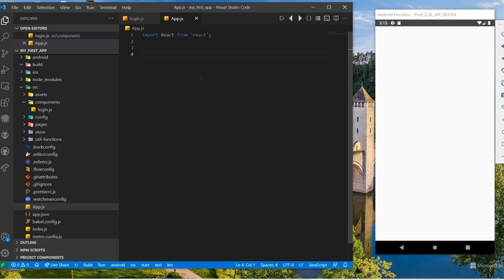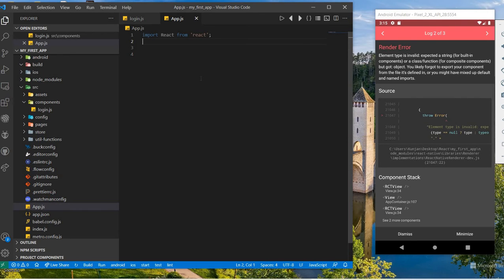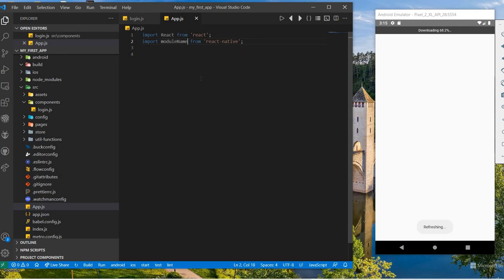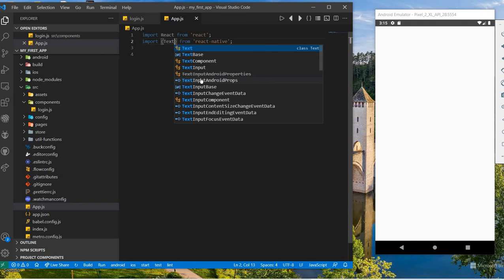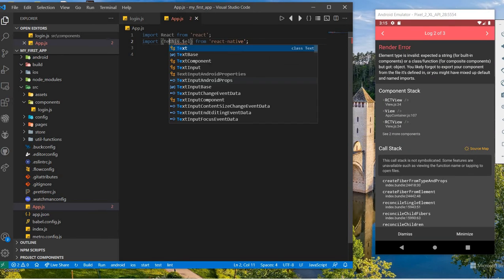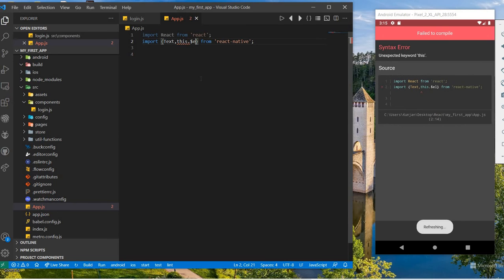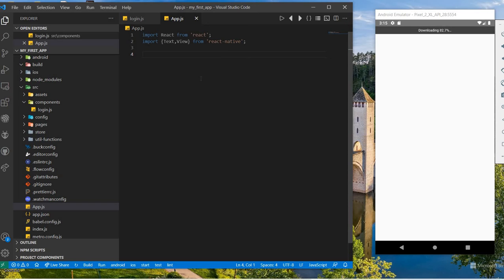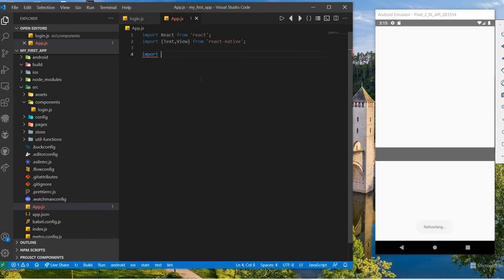After that, let's import from React Native the component names Text and View. Now we need to import this login function: import login from component slash login.